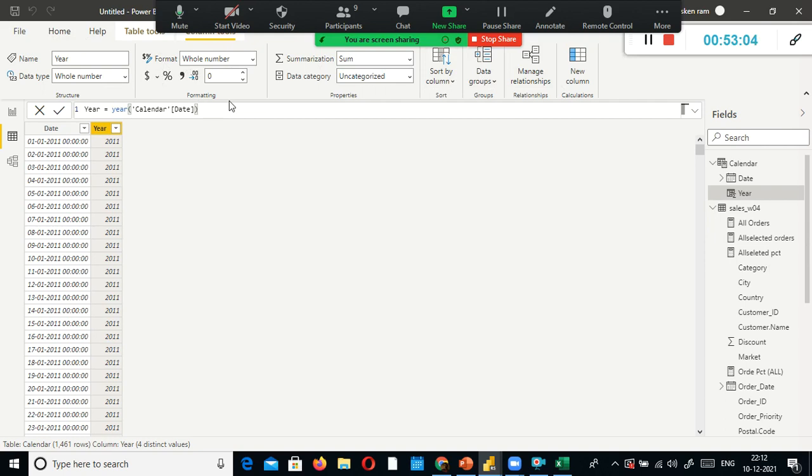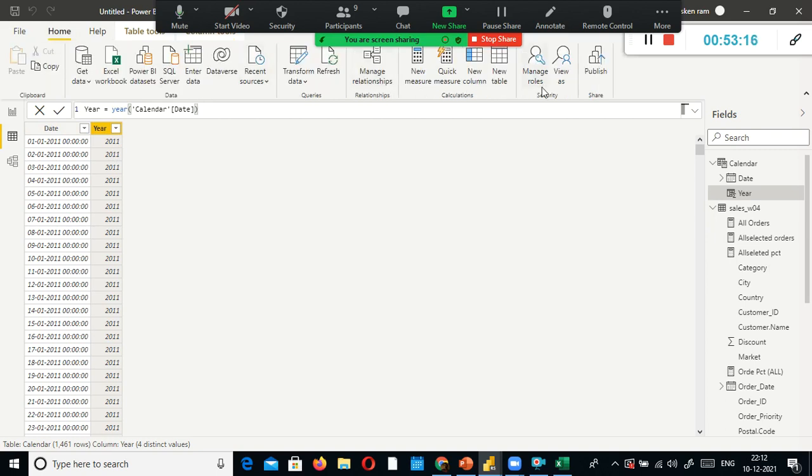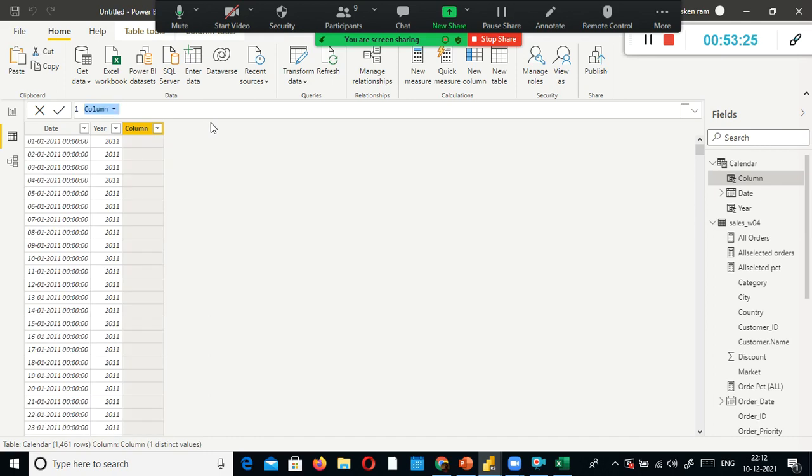Similarly, I'm going to create other columns for month, quarter, and day, extracting each and every component of the date column. There are different ways of doing it. This is how you can create a custom column. You also have CALENDARAUTO available, using which you can create it too, but it is good if you know everything.